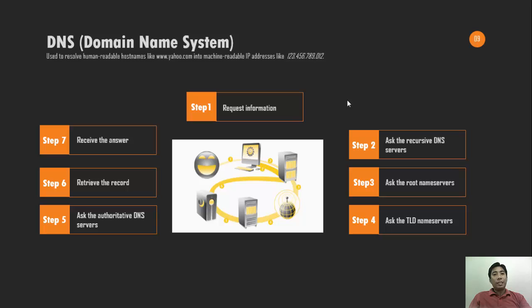Each TLD, such as .com, .org, and .us, has its own set of name servers, which act like a receptionist for each top level domain's servers. Next is to ask the authoritative DNS servers. The TLD name servers review the next part of your request and direct your query to the name servers responsible